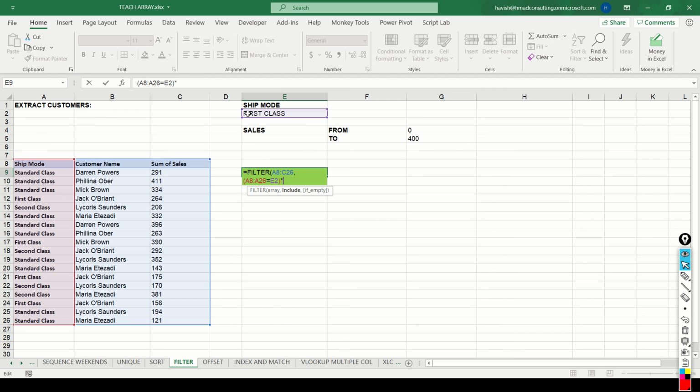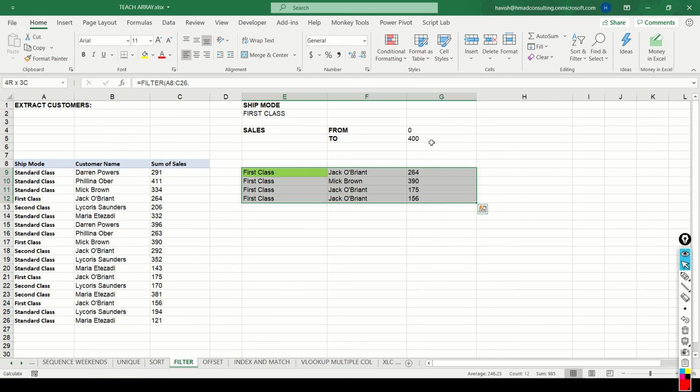This has to be multiplied by C9 to C26, which is greater than or equal to 0. And this has to be multiplied again by C9 to C26, less than or equal to 400. And the result will be this.